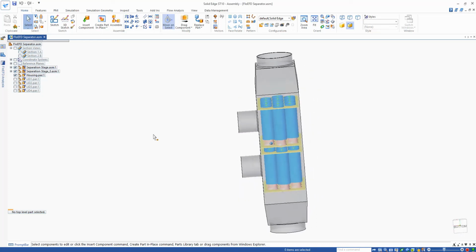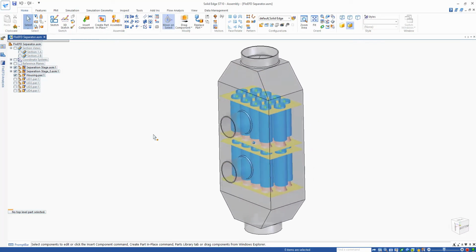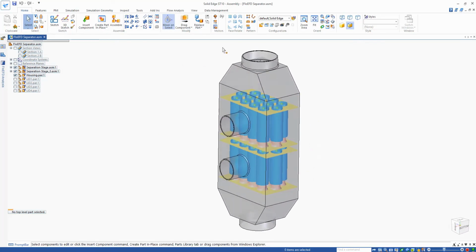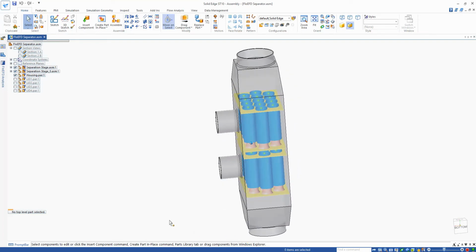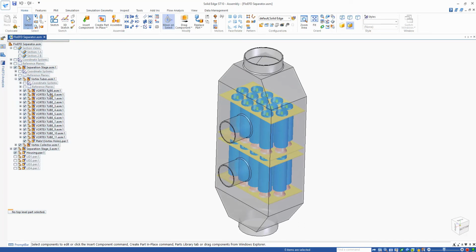Hello and welcome to this FLOEFD example where we're going to be looking at a cyclonic separator in FLOEFD, where we have an air inlet, two outlets for the cleaning stages, and a third clean air outlet. This is a passive device using vortex technology, and let's have a look at some of the design behind this